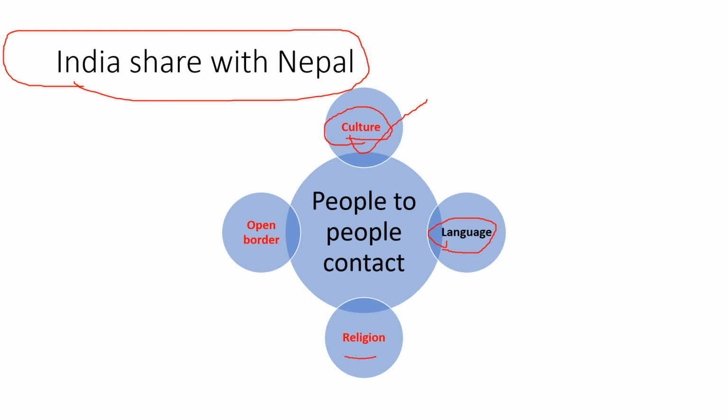Third, the religion. Nepal is the only religious country that India has been propagating for so long as an open Hindu country. Fourth, open border. India and Nepal have an open border. There is no border demarcation. You don't need visa rules or any further force deployed over there to check all the occupants. You can freely go inside and come back with a single Aadhaar card or any identity card if you have. So that is the open heart of India and Nepal. We can see it through the open border.